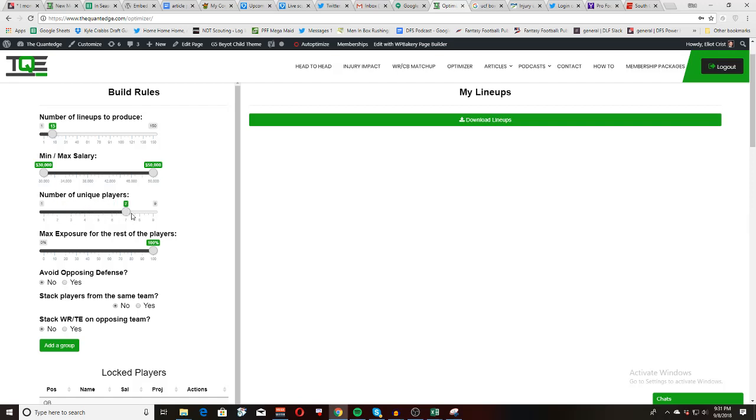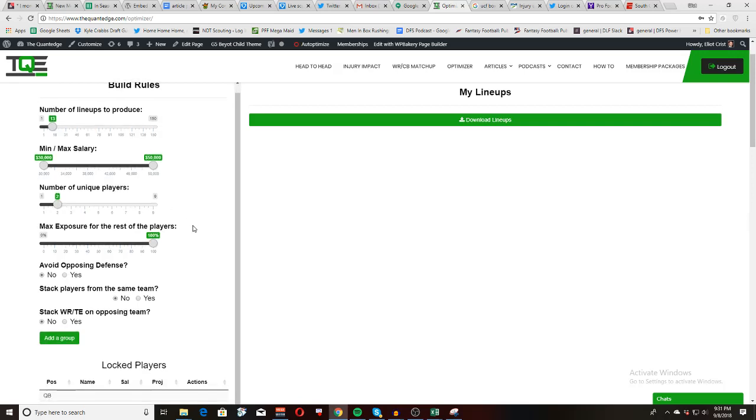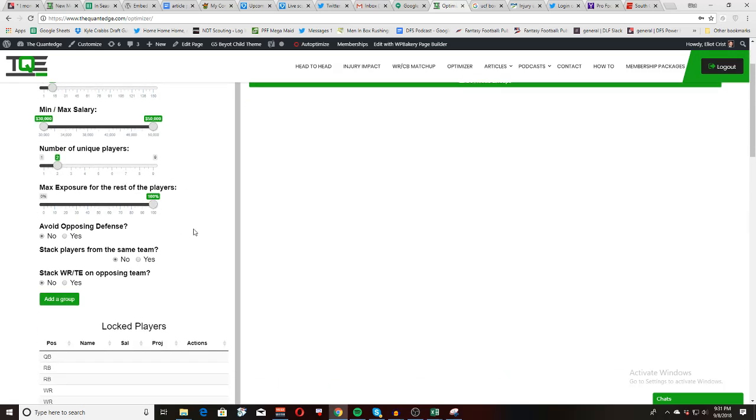How many players? The higher this number, the more different the lineup is going to be. Next, the max exposure for the rest of the players. So the way this works is